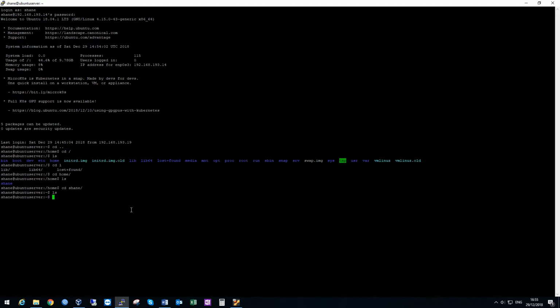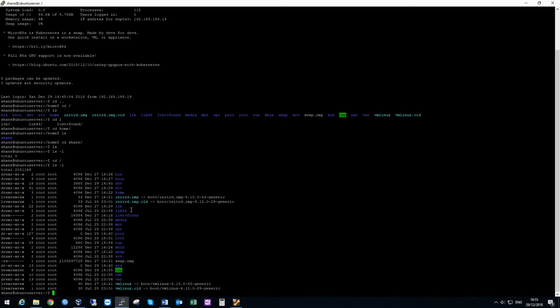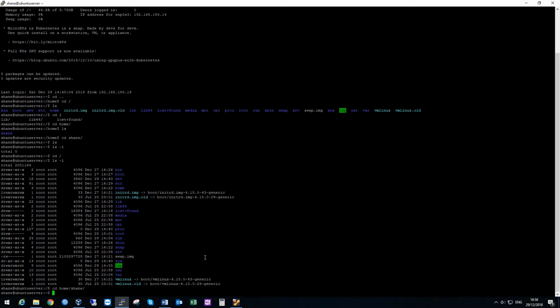Another switch for this command, or a variable that you can use, is, well, there's many, but the one that I use often is ls space -l, which will show you permissions and ownership of files and folders. If we just go back to the root and use ls space -l, it will show us all of them. It will show us the current permissions assigned to it, who the owner is, what group the owner is, and so on. So if we go back to home Shane,